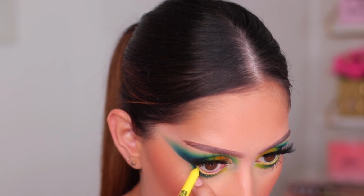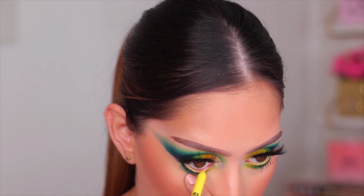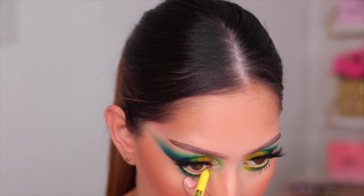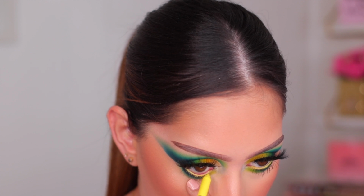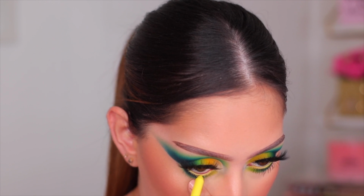I'm going to go ahead and leave the shade name down below. Love these liners. You guys see me use them very often. They're so beautiful, and I don't see many people talk about them. They're so good. So I went ahead and just applied that, and you guys, that is basically it for the